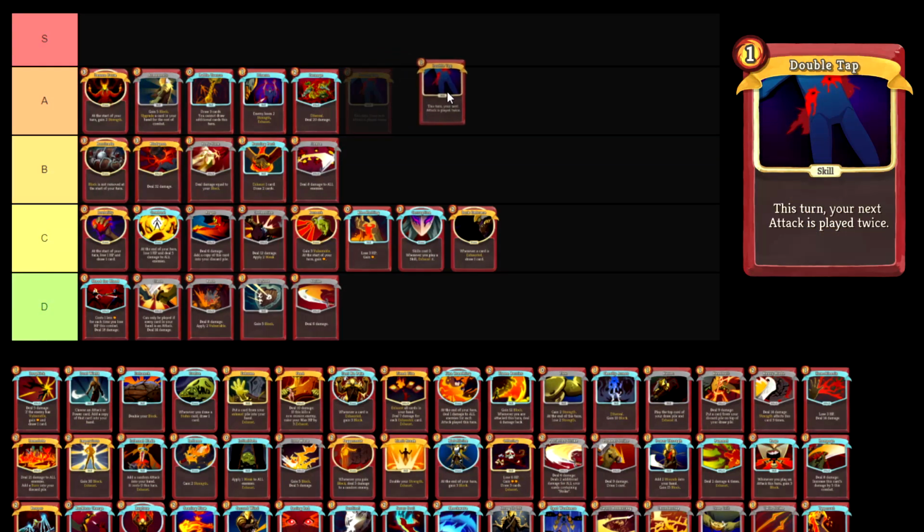Double Tap. Double Tap is also A tier for me, personally. There are a lot of attacks in this game that benefit from being played twice. Whirlwind twice is insane. Rampage twice is insane. You could just do a lot of damage with Double Tap, and it only costing 1 is very, very good,